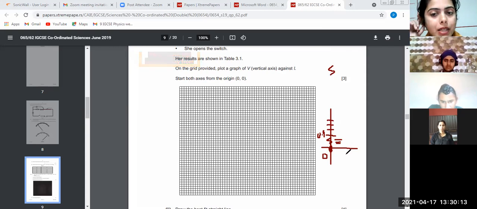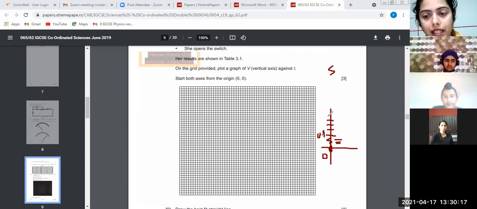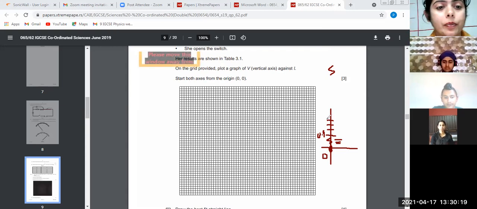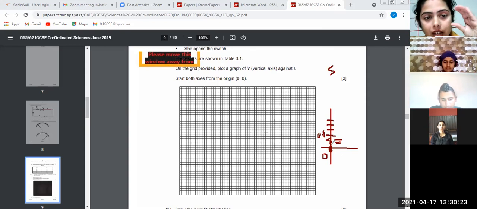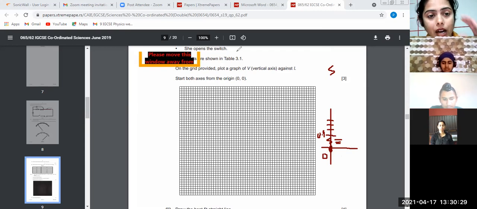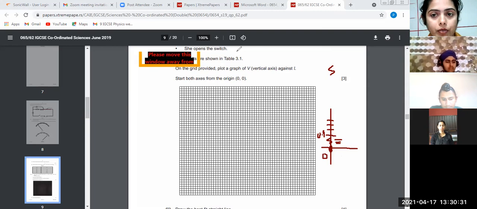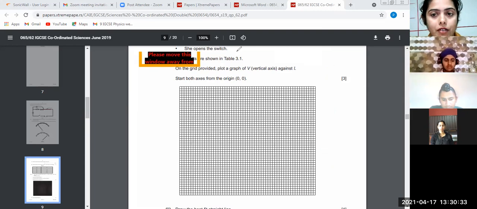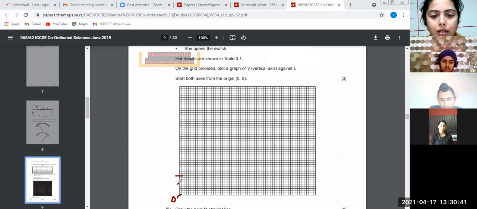Understood? Yes, Dilpreet, is this clear? If you directly write it, that will become wrong. If you are drawing a kink, it means you have hidden those lines. You have not done that portion wrongly, but you hide that portion. You try to hide that portion. Fine, so how is it going to be? This is your 0. Then you can have it till here. Here you make a kink.